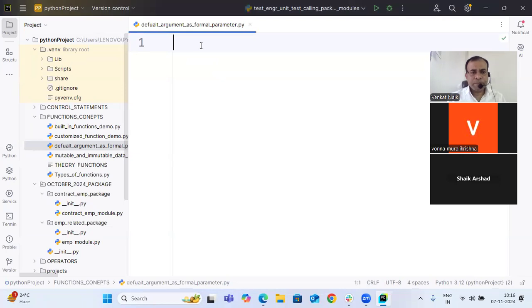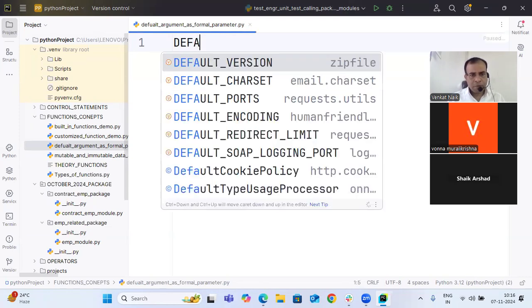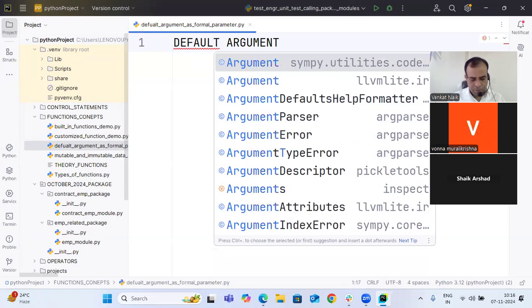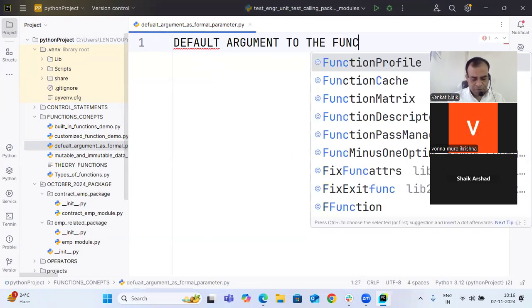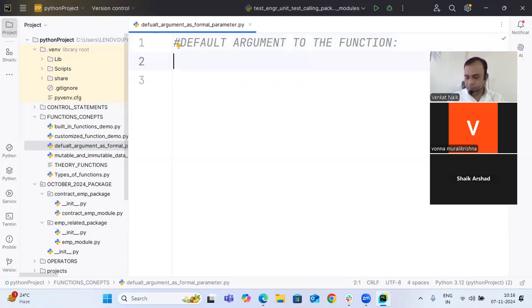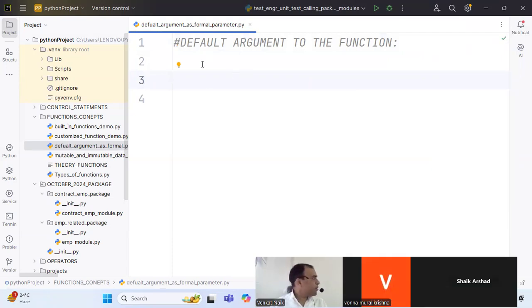Yes, good morning, everyone. So today I'm talking about another concept, default argument to the function. So whenever we speak about default arguments concept,